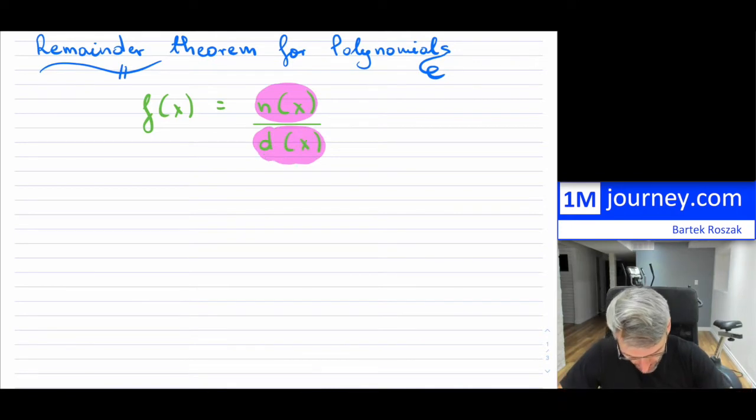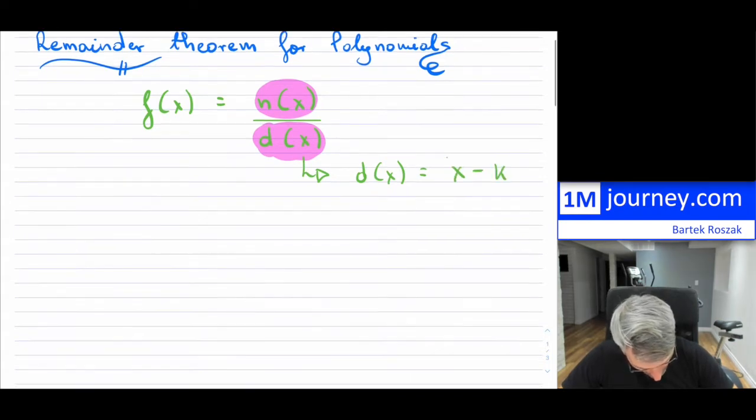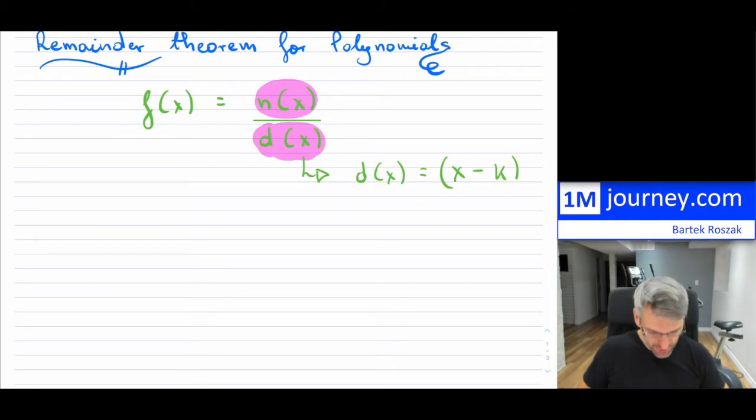Both of these are polynomials, but moreover, I will assume that d of x has this particular form. So it's basically of order 1, and it is of the form x minus some k, where k is a number which can be a real number of any kind